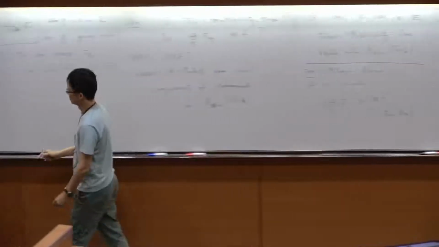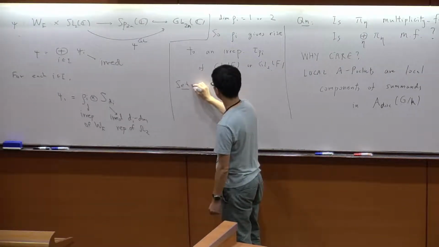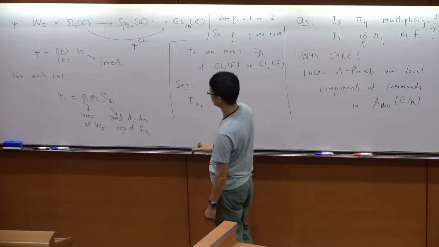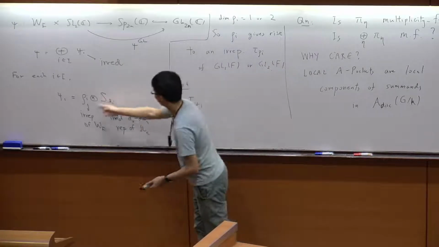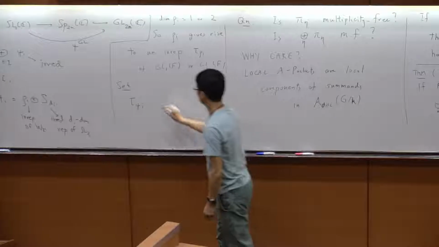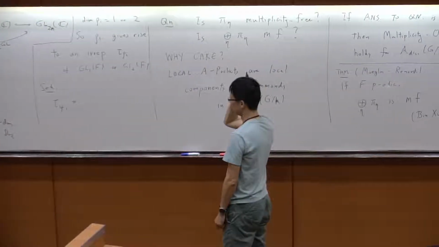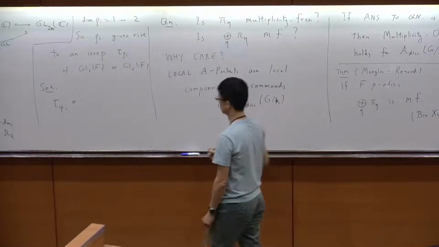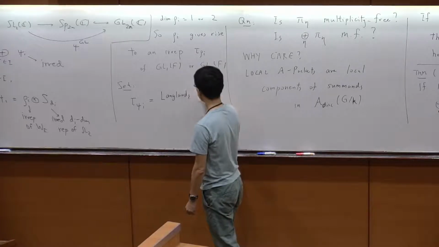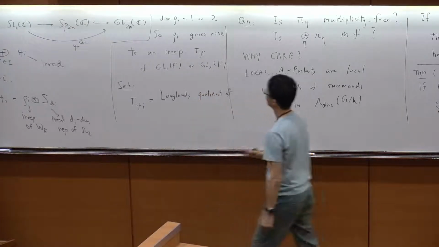Anyhow, from this, we are going to attach a representation of the appropriate GL to be, how do I say this? I mean, let's write the Langlands quotient of